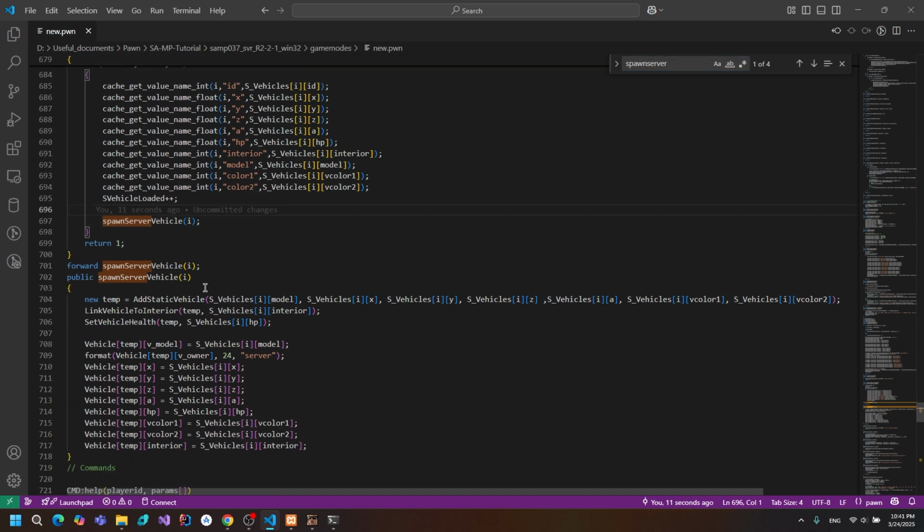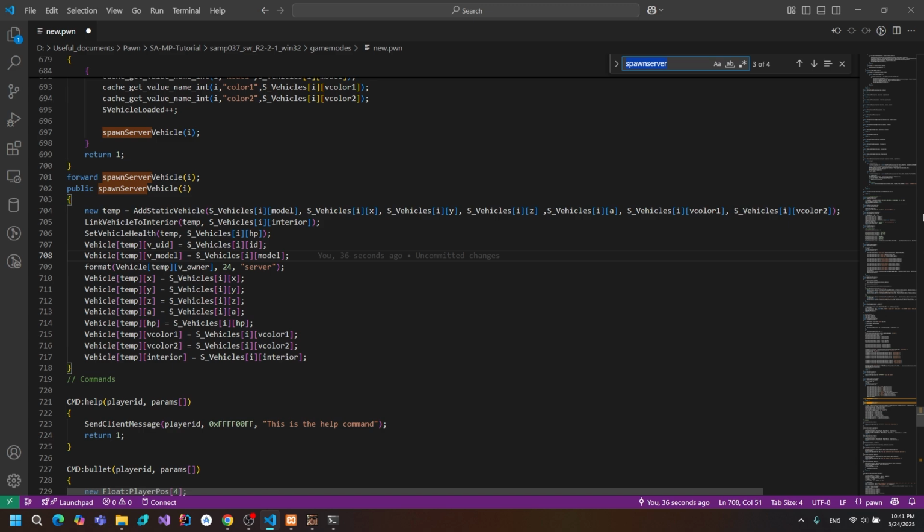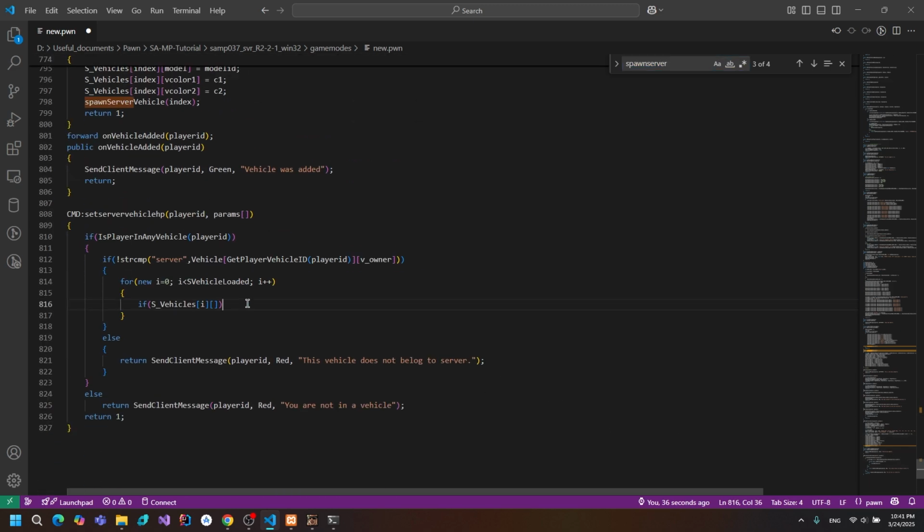So pass the I, and here we need to set the vehicle temp index VUID to the server vehicle index ID. So this is something that we need if we later on need to iterate through. So we come down here, if vehicle index ID